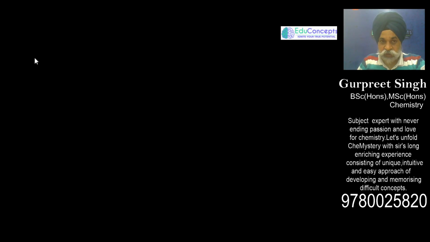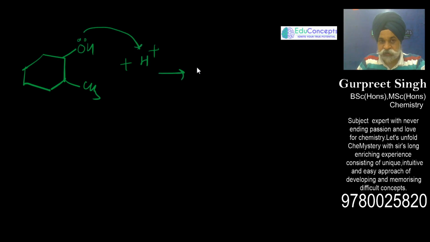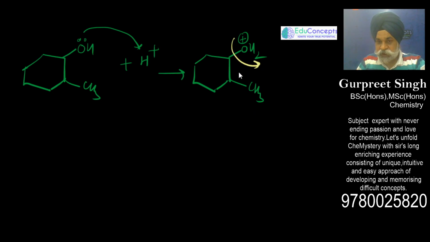So now how to do it? This is the starting material where you have this species, and this is being treated with H positive, and this lone pair attacks it. So first you would get the protonated alcohol. That is very simple to understand, protonated alcohol, and this protonated alcohol then throws this out as water,